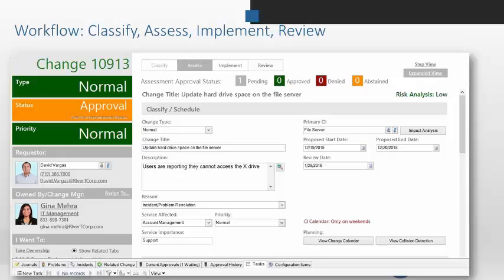So you can have a step view, which is wizard-driven, or you can have an expanded view, which does show you down the line all of the different fields. The step view would show me, if I was in Classify, only the fields that need to be filled out for Classify, and I would click Next when I was ready to move into the assessment area. So I really like that part too, being able to drive those fields only as needed.